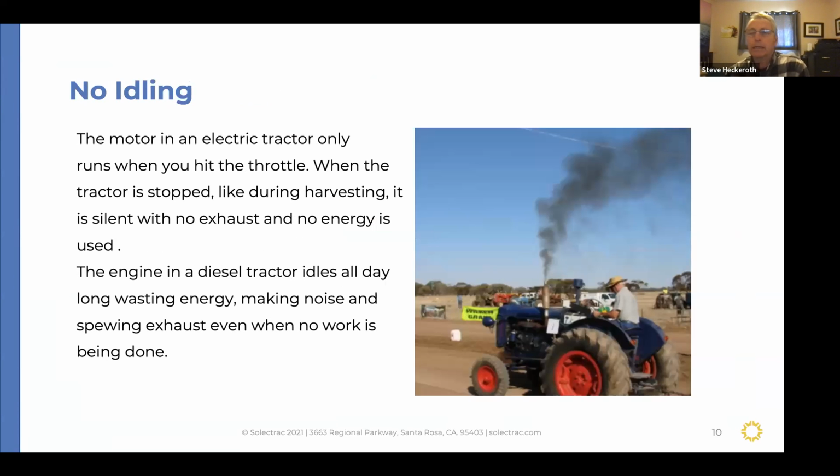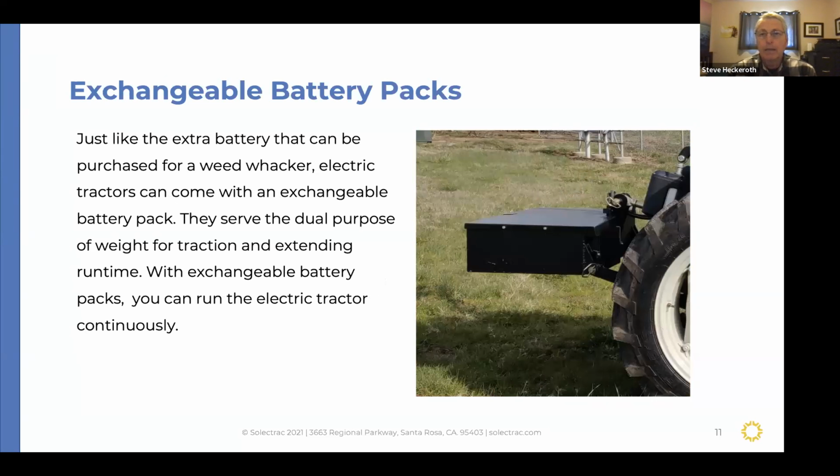The motor in an electric tractor only runs when you hit the throttle. When the tractor stops, it is silent and no energy is used. The engine in a diesel tractor idles all day long and spews exhaust, wasting energy and making noise. Like the extra battery pack and cordless drill,